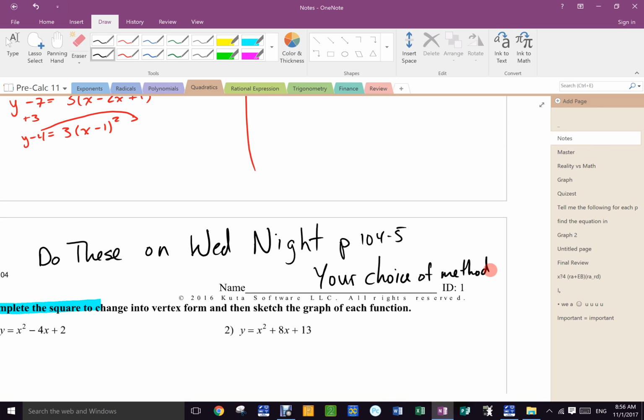I recognize that today is a day fraught with emotion for a great many of our peers and a great many of the staff. And I also recognize that even if today is not fraught with emotion for you, you were probably up late last night. So that is why I'm going to stop instruction with what we did today, because actually what we did today was nothing new, was it? You already knew how to find those roots. You already knew the axis of symmetry was between the two, and you already knew how to sub back in. So I'm going to leave you with that tonight, and tomorrow we will continue with these